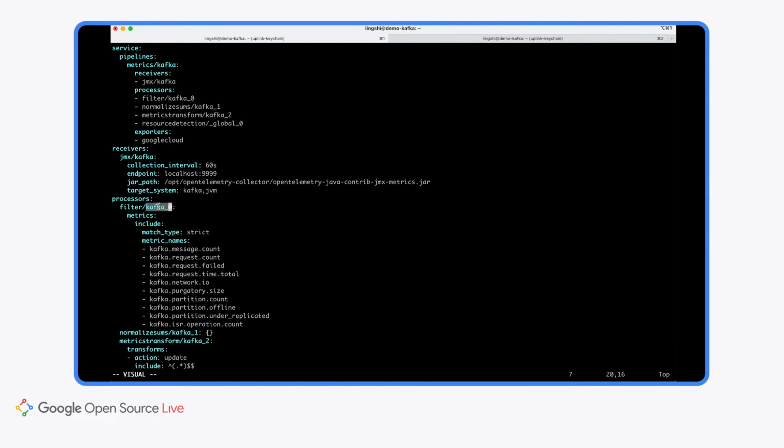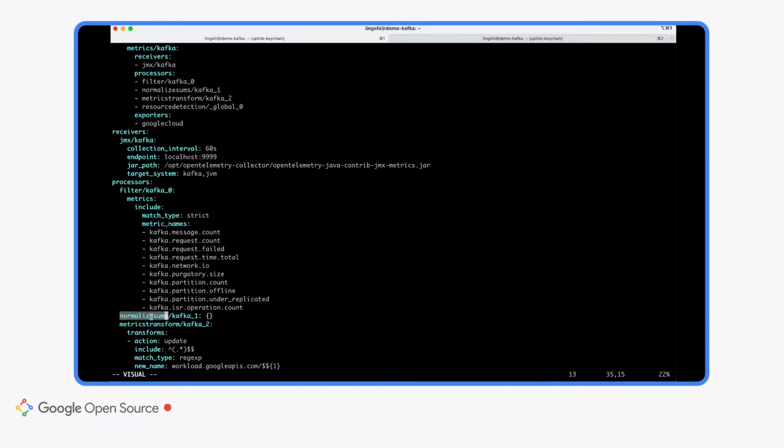We might only want a subset of metrics for our users, which we believe are more stable or useful. So we have a filter here just to include what we want to be ingested. Next, we have a normalized sum filter processor.